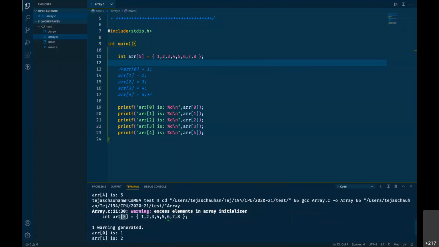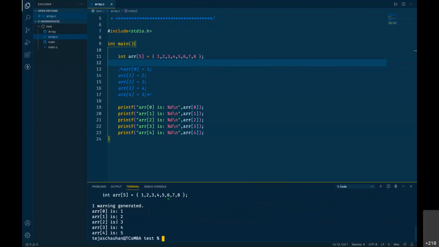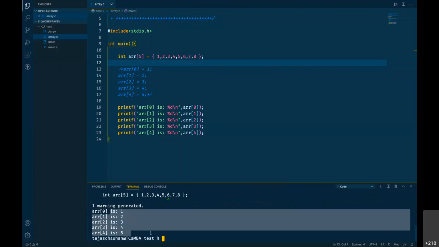So my array is of size 5. I can initialize 5 elements, but there are a few more values which are not being assigned to any element. So with one warning, it still runs my code and gives me the output. Fine. So that's one point.